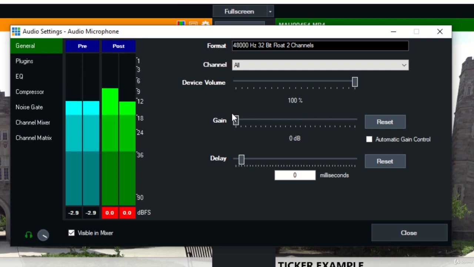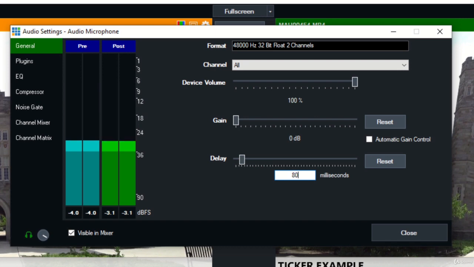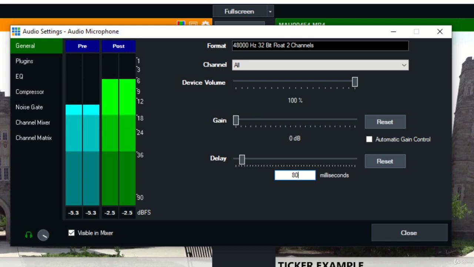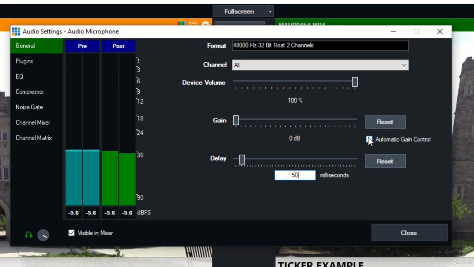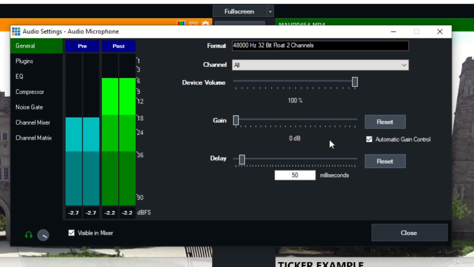up a little bit. You can add delay, which is a common problem with audio and video sources in any live streaming system, is that your audio might be coming in a little faster than your video. So you can delay your video. Sometimes I delay my video like 50 to 80 milliseconds to match it up better. You can also turn on automatic gain control. So if you have audio coming in, you want vMix to handle increasing or decreasing the gain, you can click